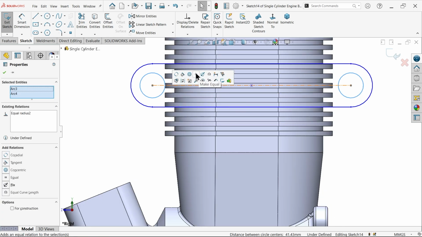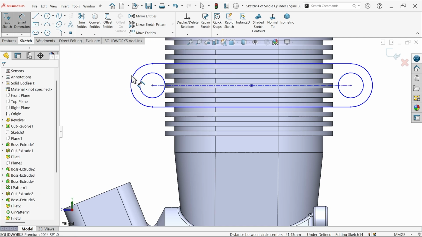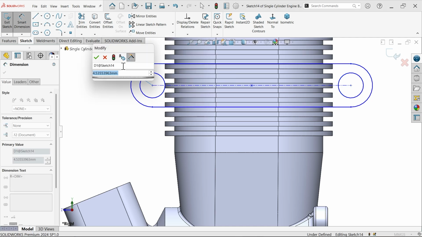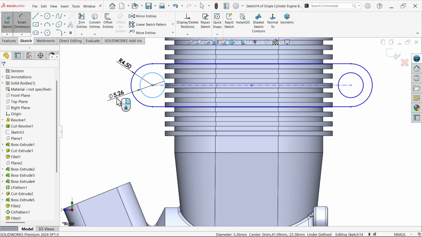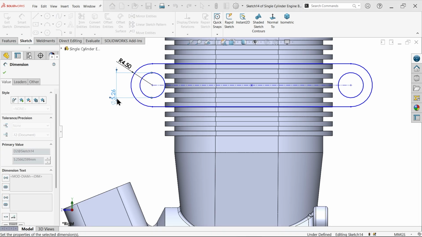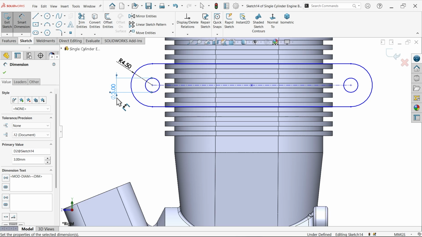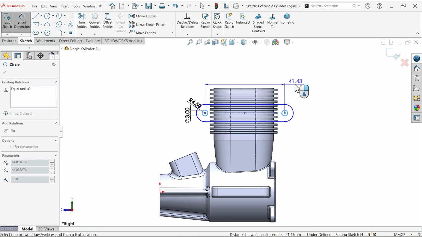Now both equal. Smart Dimension: 4.5 outer radius, inner diameter 3. Now center to center distance